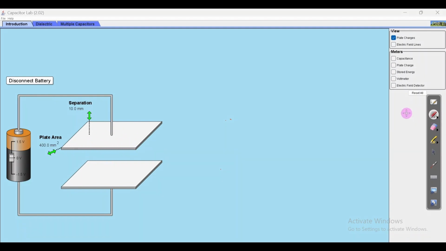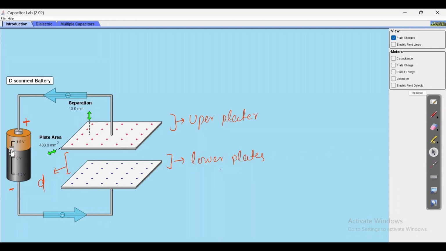One is this upper plate, and the other one is this lower plate, and these two plates are separated by a distance d. The upper plate is connected through this wire to the positive terminal of the battery, and this lower plate is connected through this wire to the negative terminal of the battery. Now when I turn on the battery, a large number of positive charges will appear on the